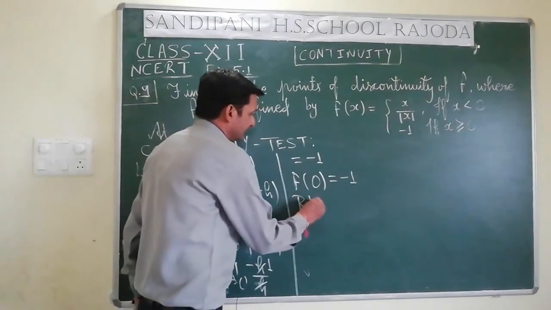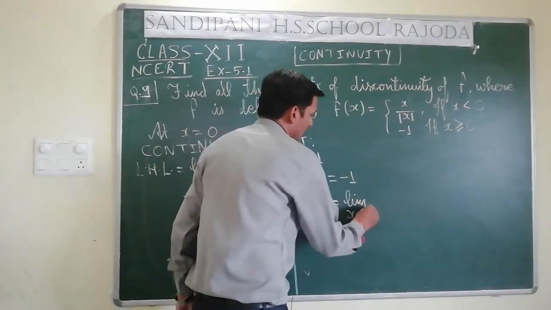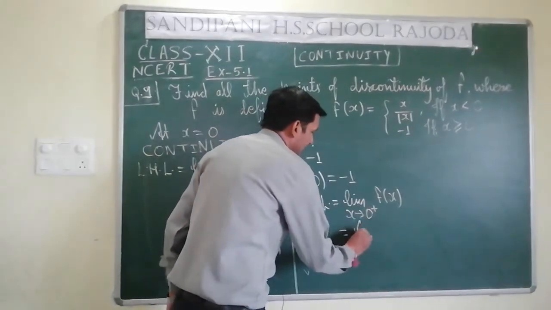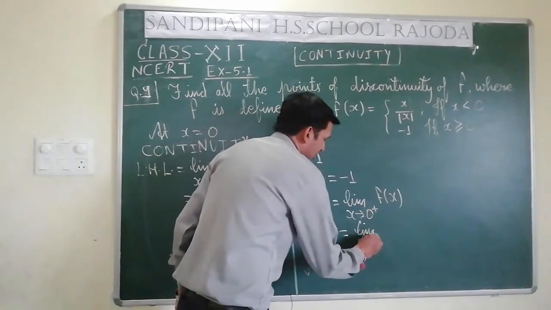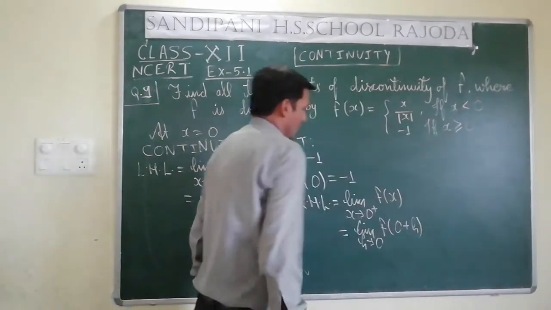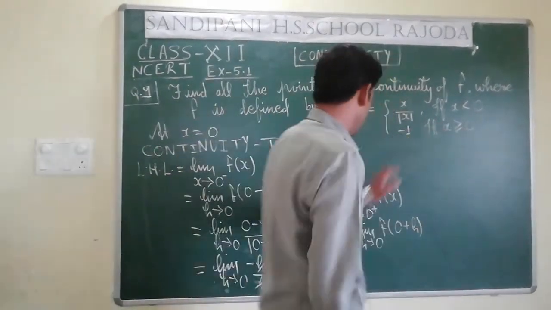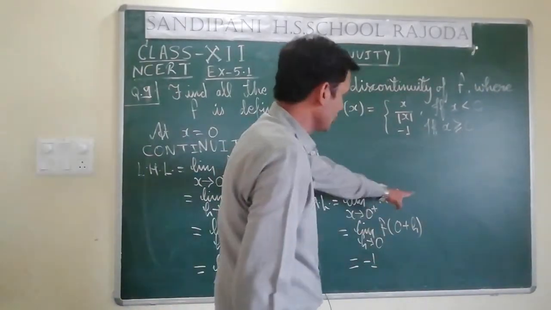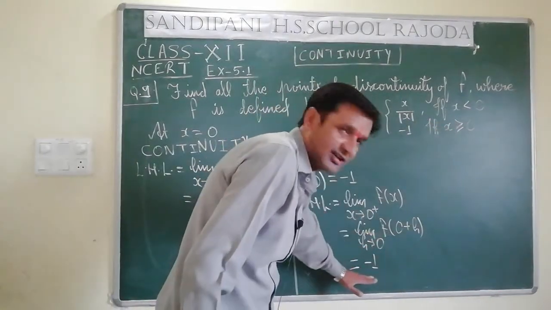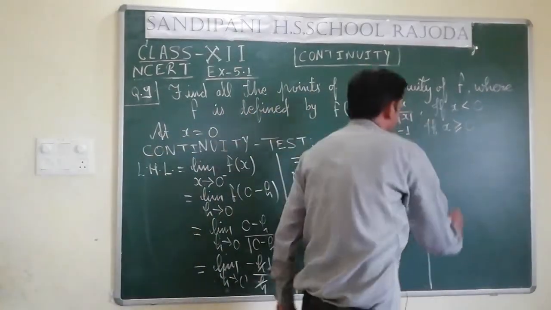Now, RHL is equal to limit x tends to 0 plus f of x, that is equal to limit h tends to 0 f of 0 plus h, which you can write for x greater than 0, directly you can write minus 1. Here also you may write minus 1 because 0 plus case means this, or you may write after this step also minus 1. So, here we have seen that LHL